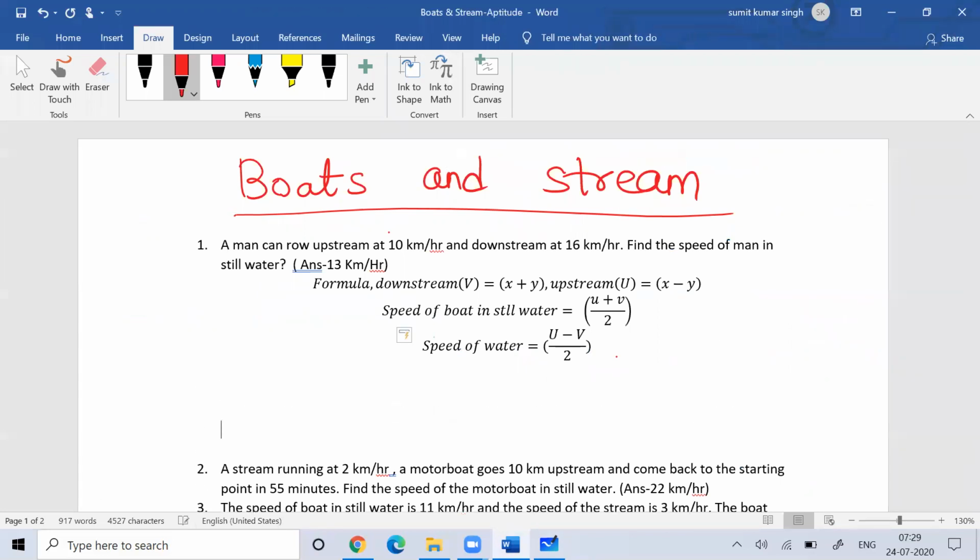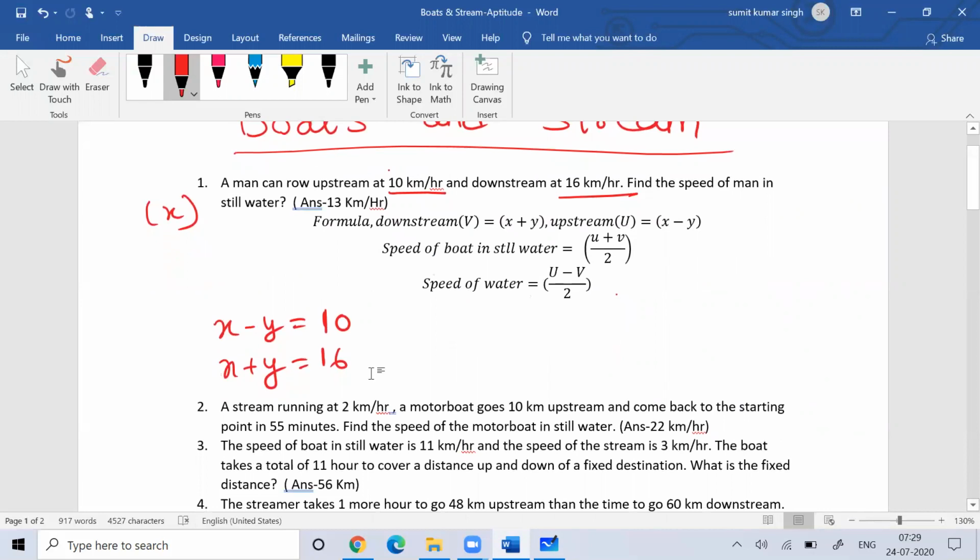Suppose a boat can row upstream at 10 kilometer per hour, means x minus y is 10 kilometer per hour, and downstream at 16 kilometer per hour, so x plus y is equal to 16 kilometer per hour. They're asking you to find the speed of boat in still water. Means they're asking you x. If you remember, x is the speed of boat in still water and y is the speed of water. So based on that understanding,